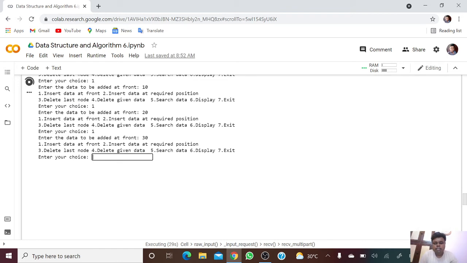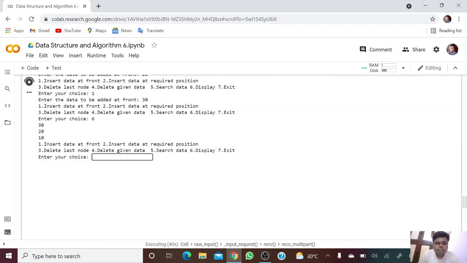Next I'm going to display all the elements which I have inserted in front, so using choice 6. Now it's displaying what I gave: 10, 20, 30.